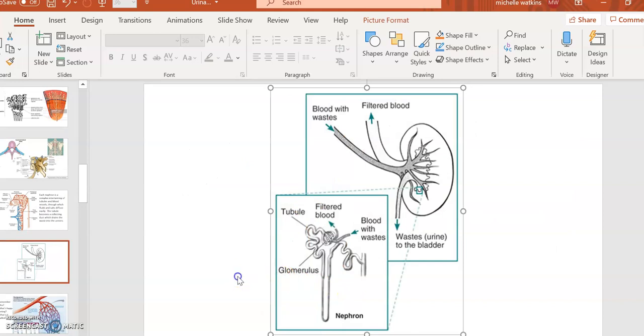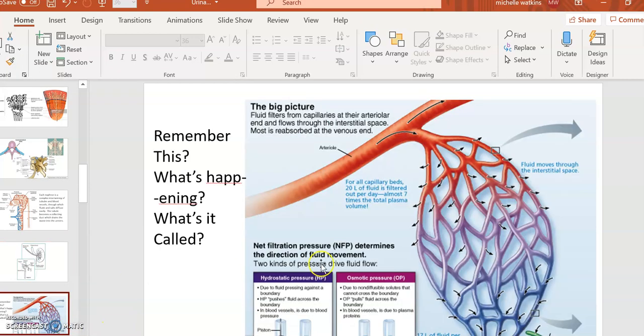We'll go back to this image. Okay, this is a reminder of what we learned in the lymphatic system. It's very important right now to remember this again. Here's the artery bringing blood, and when the blood has to be distributed more finely to the cells, it enters a capillary bed, right? The tiniest blood vessels. Remember that these capillaries are so small, you can't see them with your eye. They're very tiny. When the blood enters, it enters with a certain force of blood pressure, right? And that force of blood pressure